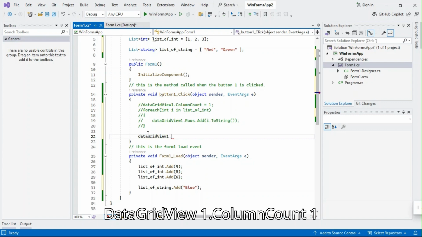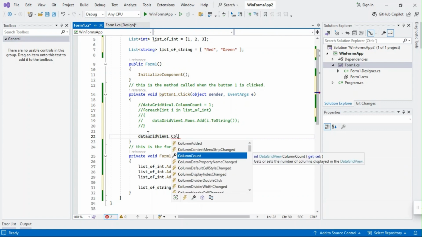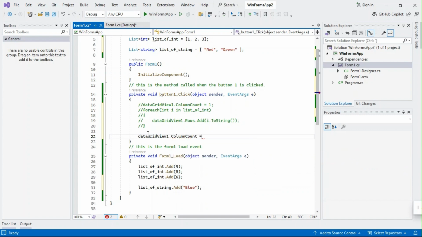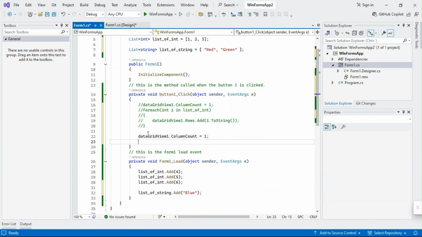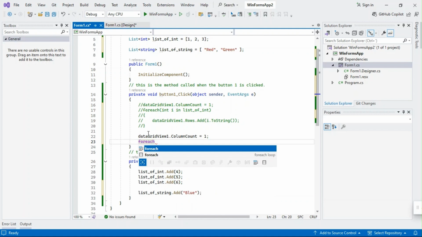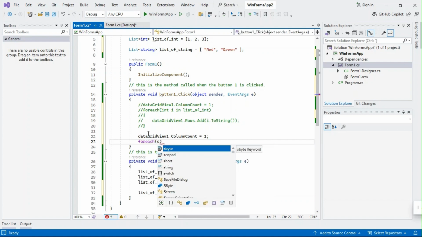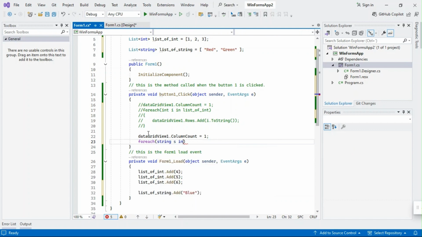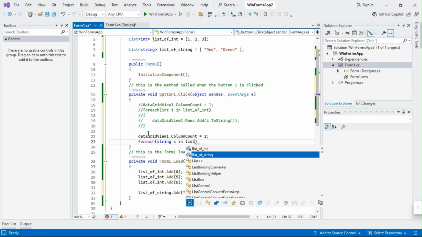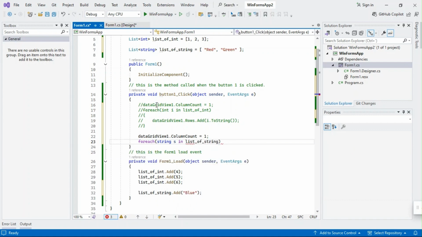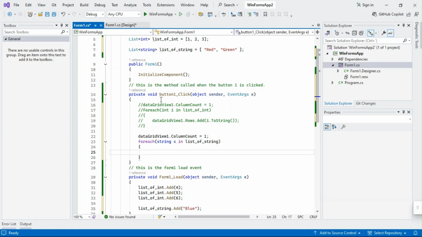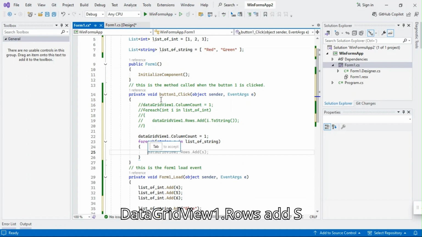DataGridView1.ColumnCount = 1; Add a foreach. foreach (string s in list_of_string). DataGridView1.Rows.Add(s);